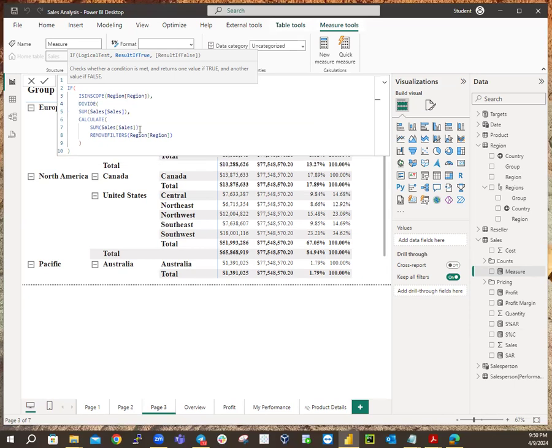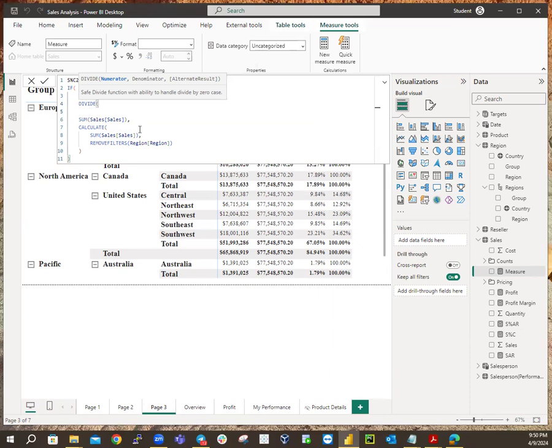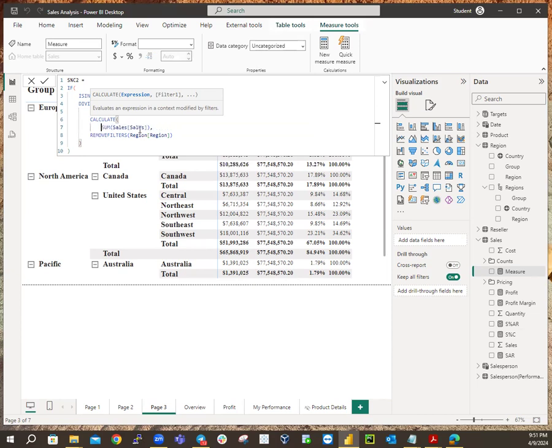Divide. So if it's in scope, calculate sum of sales, remove filter, then